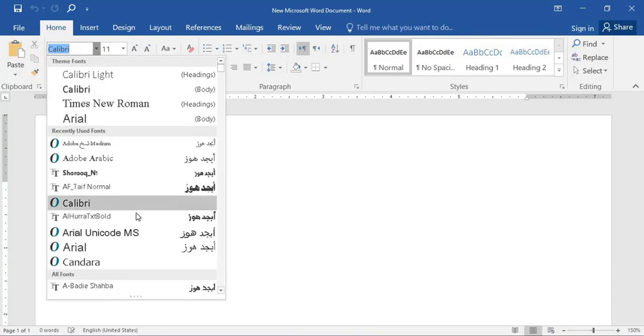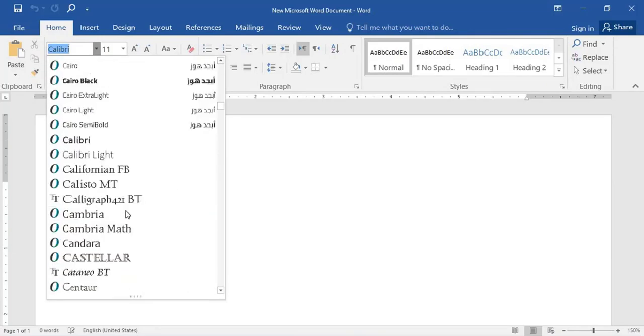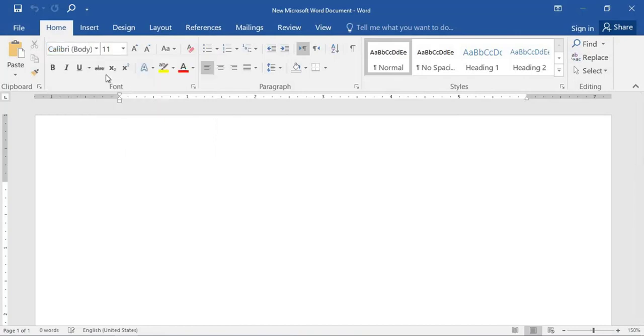From here, you can choose and change the desired font for typing. You can also download other fonts by searching on Google and installing them on your device. Here, to make the font bold, here italic, and here underlined. For example, we write some letters like this.